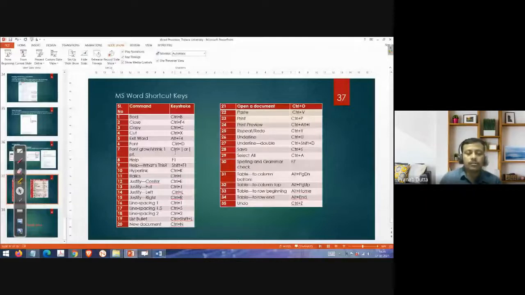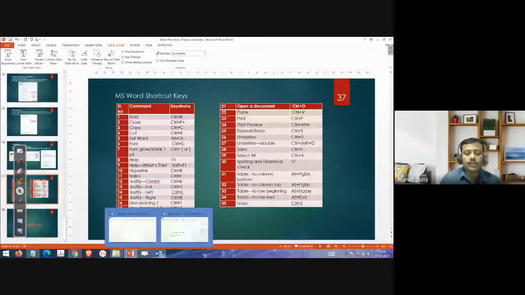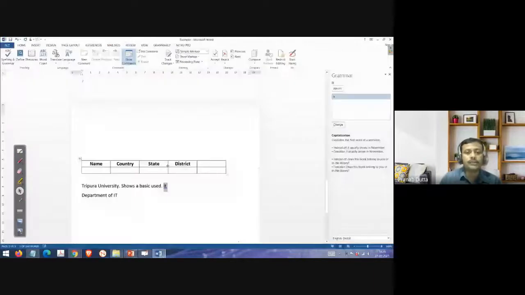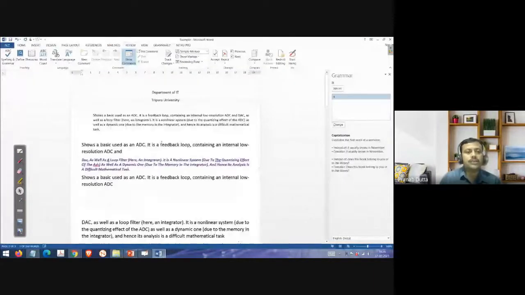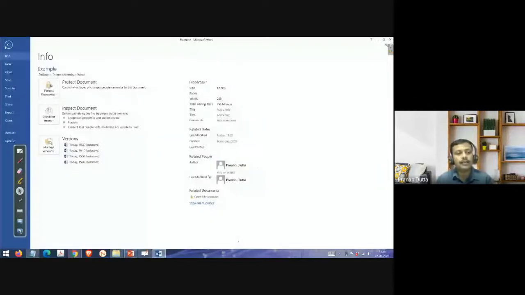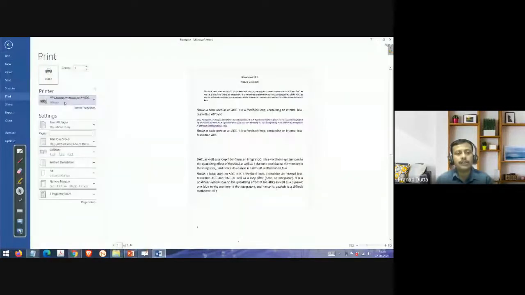Now one thing that is not in the PPT is how to print it. You have written everything. So one way is to go to the file and click the print button. Select the printer and the pages which you want to print, select accordingly and give the print button. Then it will print. That is one way we can do it.